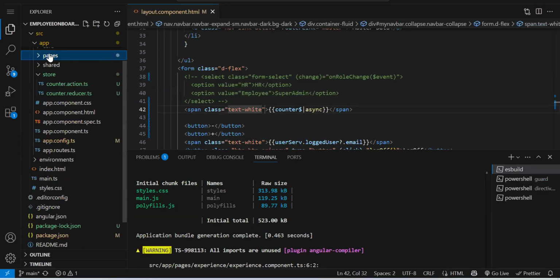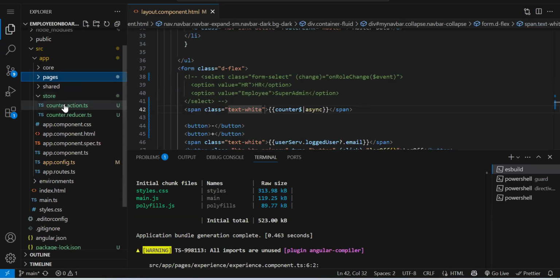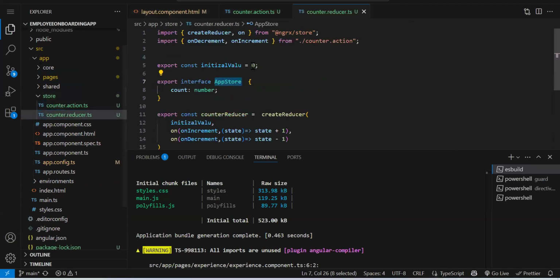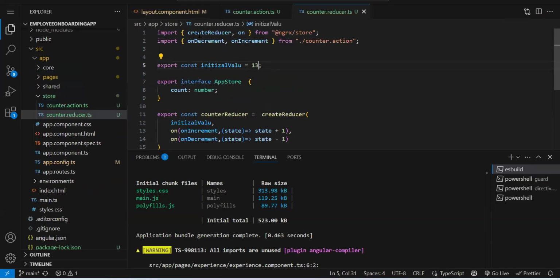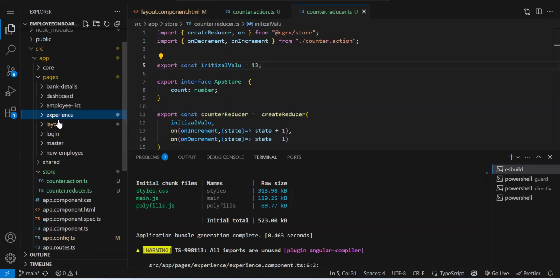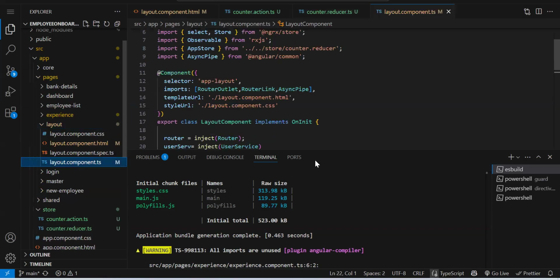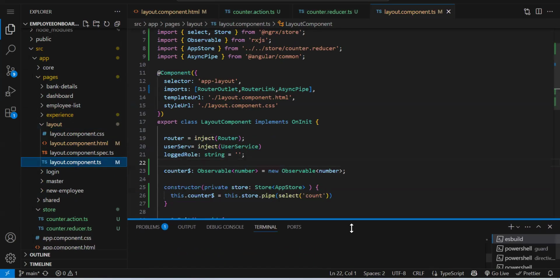Because when we created the state, we provided the initial value as 0. So if I initialize it to 13, see 13. Whatever data we have got into the store, we are able to read it. How do we read the store data? By using the select method, and you have to provide the key, like which key data you need. Understood?